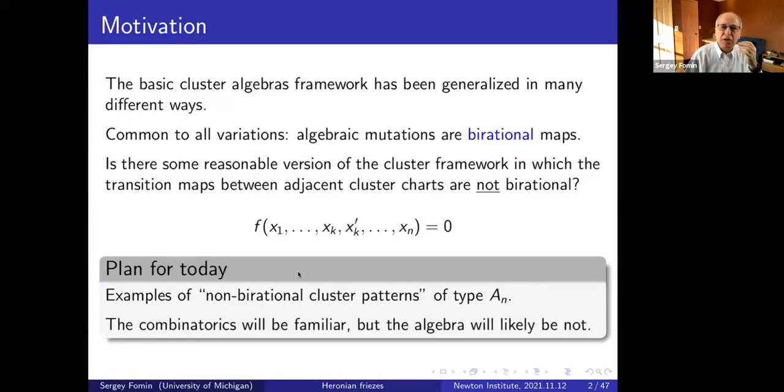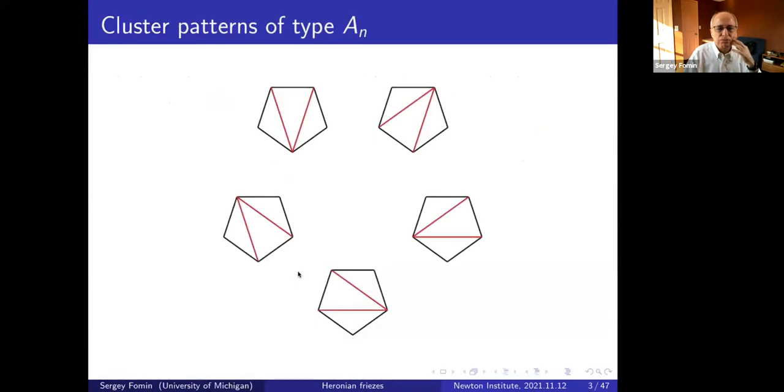So we need some additional combinatorial information to make those decisions. Like I said, the combinatorics will be familiar, which doesn't mean that it will always be the same in some future theory that somebody will develop. I have no idea what that general theory will be, but even in this case that I will present today, the algebra will be quite unusual. So a very quick reminder for those of you who are not experts in cluster algebras, and I don't think there are any, so it will really be very fast.